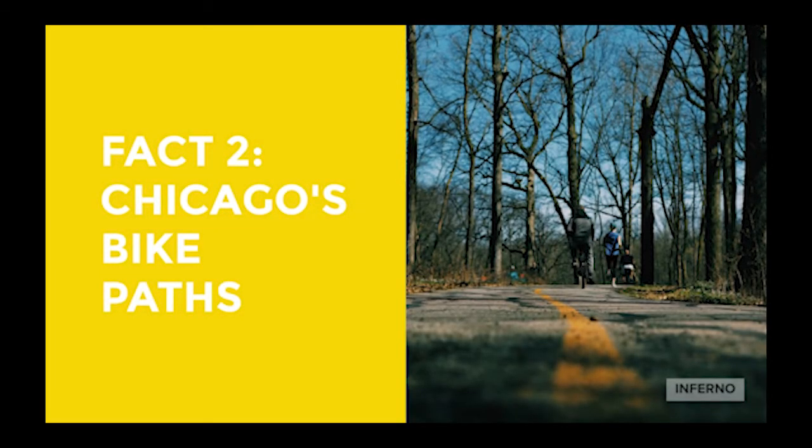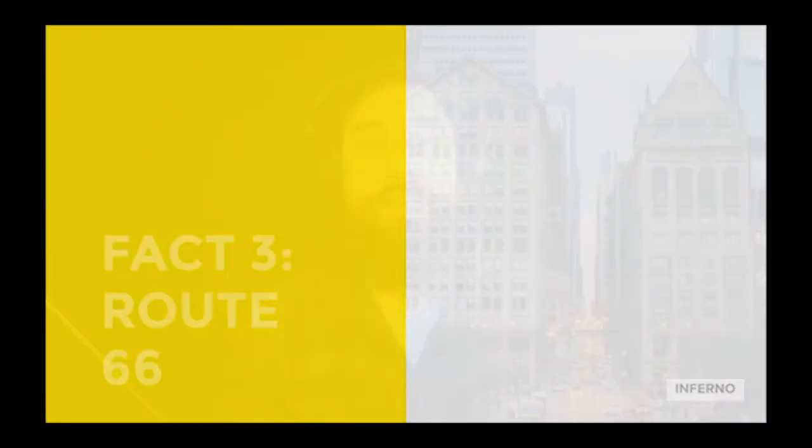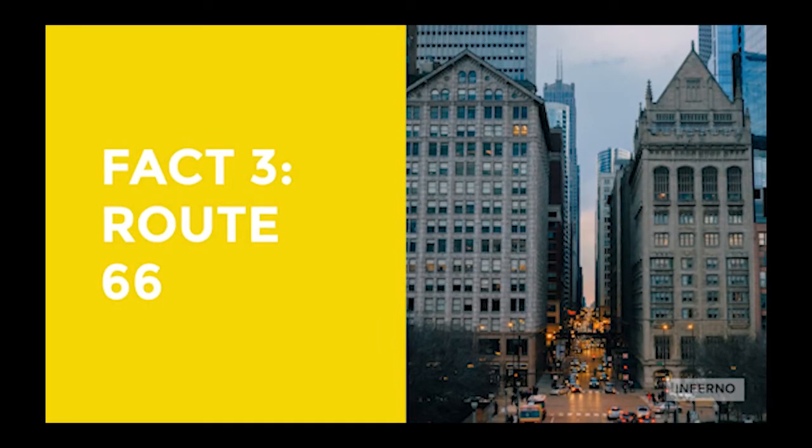Did you know Chicago's motto, Urbs in Horto, or City in a Garden, was adopted in 1830 and alludes to our historic park system? There are over 200 miles of bike paths in Chicago, 19 miles of lakefront bike path, and 13,000 bike racks. The starting point of historic Route 66 is at Grant Park on Adams Street, right in front of the Art